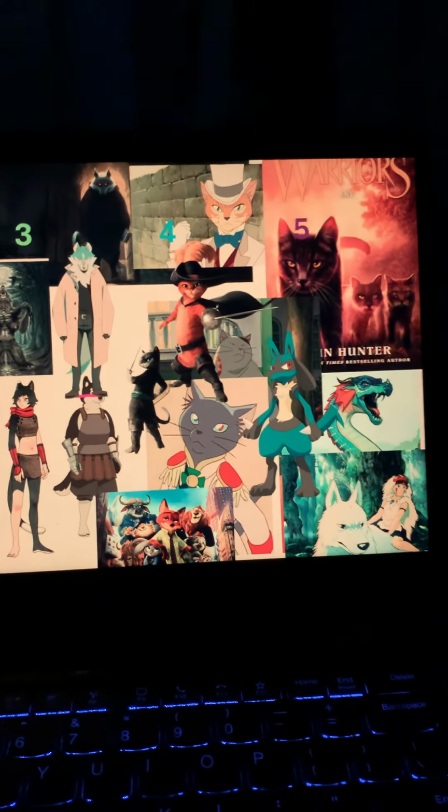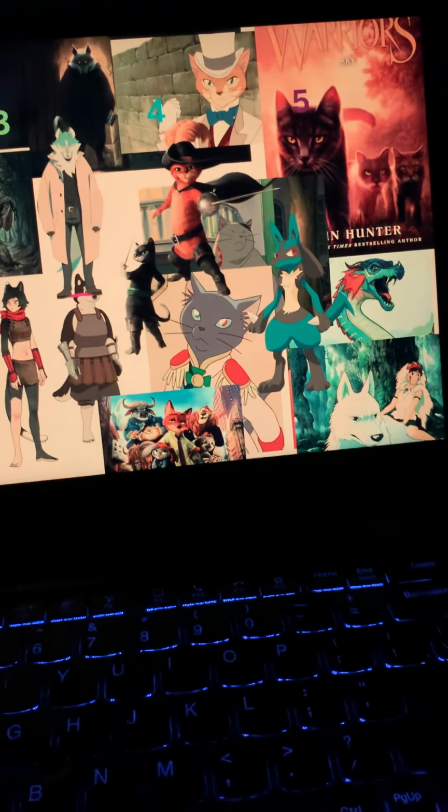Examples. Over on 1 you have Genshin Impact furries. 2 is like BNA characters 2 and 3, and Dungeon Meshi. Then 4 is like Puss in Boots, The Cat's Return, and Zootopia. And then 5 is like speaking animals like Warrior Cats and Wings of Fire, and Lucario there, because Lucario's